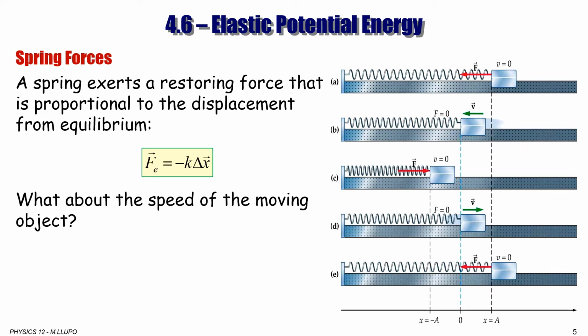However, what about the speed of a moving object? For this, we do the same experiment. We stretch the spring with a box attached to it, and after reaching a certain displacement, in this case A, we let it go. So we start with initial speed or initial velocity 0. Since the force is acting toward the rest position, this object will accelerate toward the rest position from initial velocity, which is 0, so the magnitude of speed is 0,